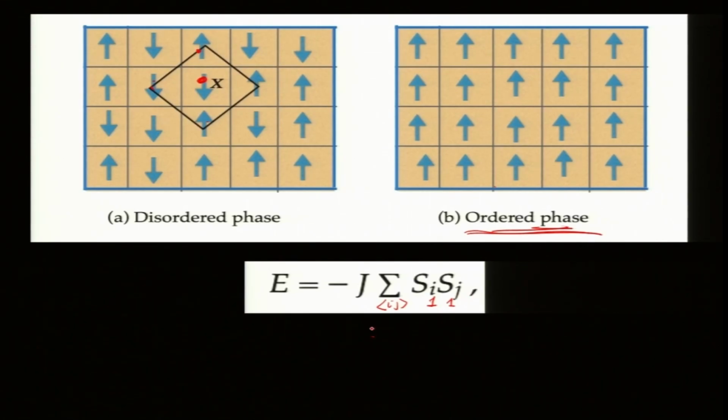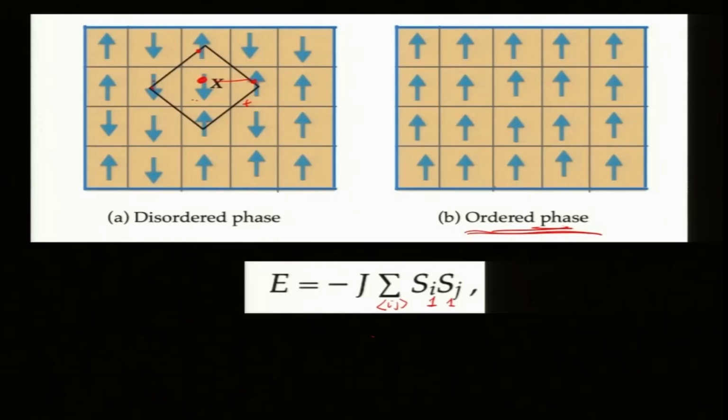So, minus J, this will give you what? This together, 1 and minus 1 gives you minus 1, but there is a minus sign. So, that gives you plus. So, this gives you plus, this gives you minus, this gives you plus, and this gives you plus. So, this is 3 minus 1 is 2J. I need to compute for all particles, but only neighboring interactions. Okay. This was pointed out by Ising. The model was constructed by Ising. It has become very popular.